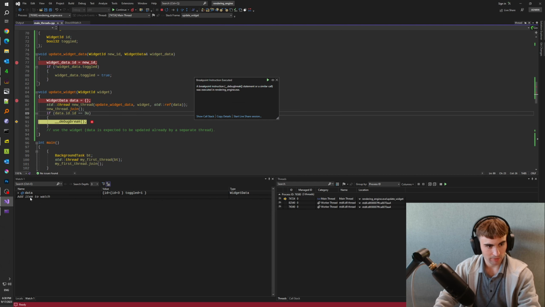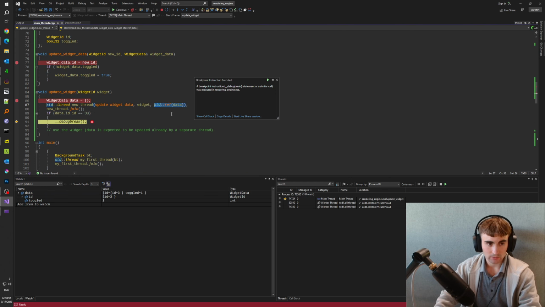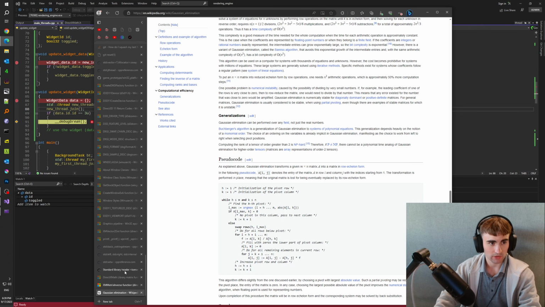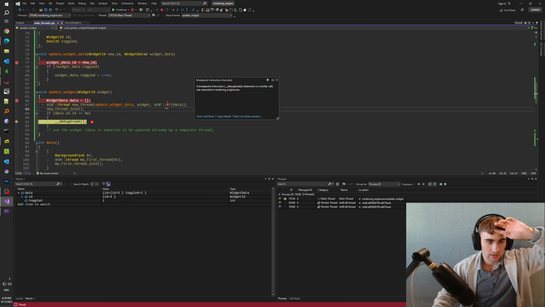Okay, and we hit a breakpoint, and as you can see, the ID was updated successfully. And I don't know how it works, to be honest. Like when you use std::ref, I can Google, but I will not promise it. You probably have to try to figure out on your own how std::ref works. Probably it wraps the data somehow. So